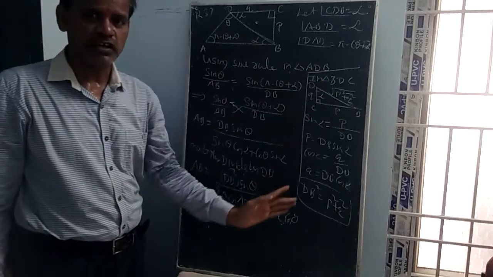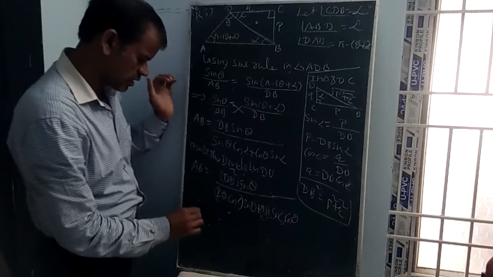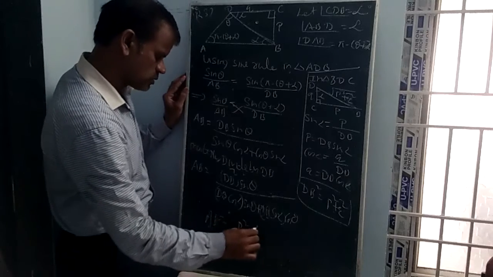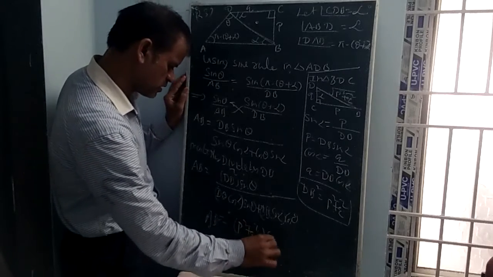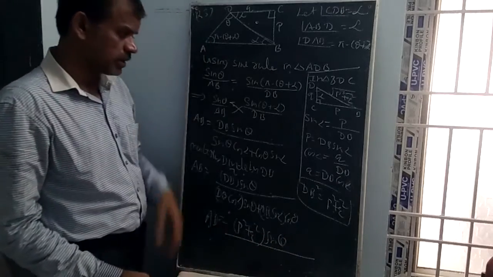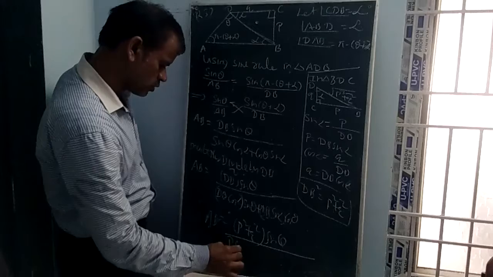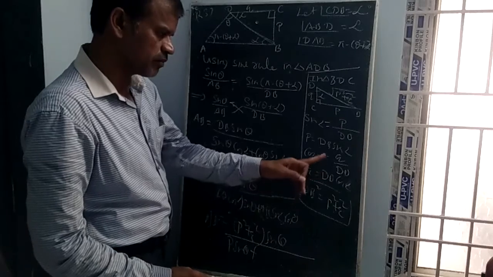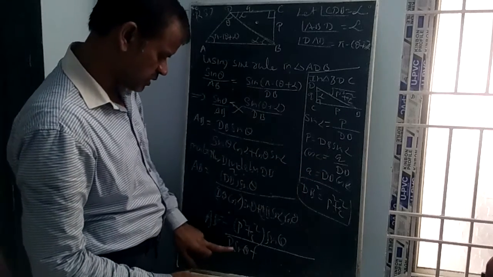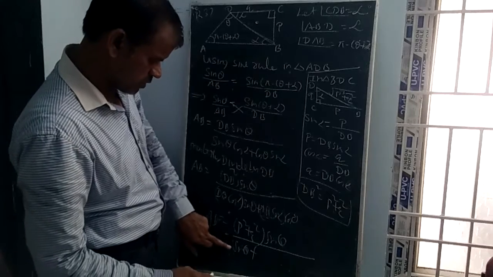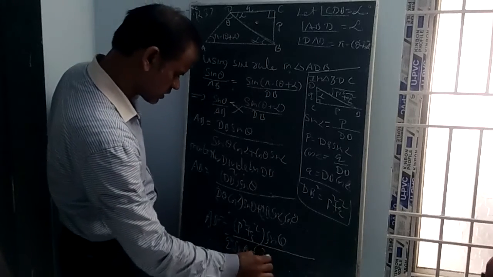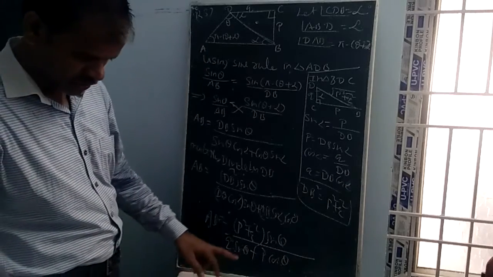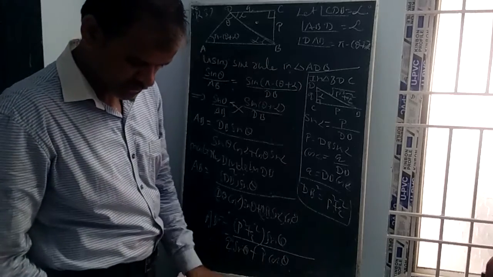Whatever the values we had written here, substitute them here. Therefore AB is equal to DB square, meaning P square plus Q square, into sin theta, by DB sin alpha, meaning P, so you write here P sin theta, plus DB cos alpha, which is Q. So Q sin theta plus P cos theta is the denominator. AB is equal to P square plus Q square into sin theta by P cos theta plus Q sin theta, given. Option 1 is the correct answer.